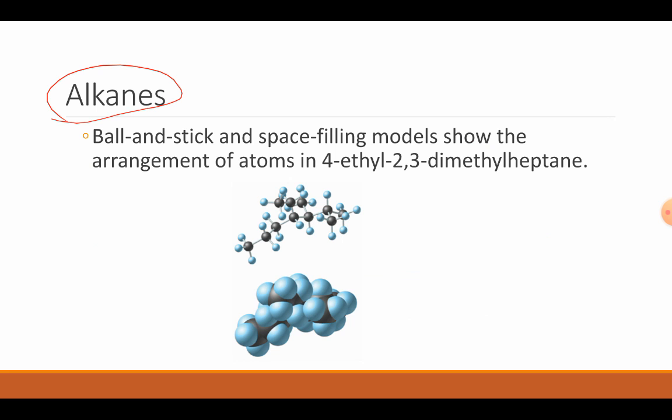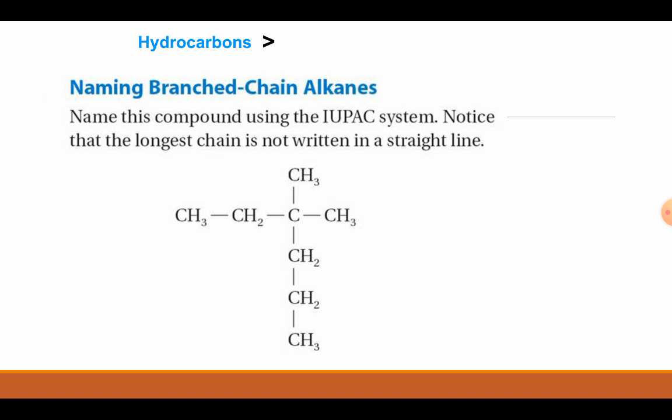Ball and stick and space filling models show the arrangement of atoms. 4-ethyl-2,3-dimethylheptane. What is this, mister? This is the name of an organic compound, and we will learn now how to write and name the organic compound. Look here. Naming branched chain alkane. Name this compound using